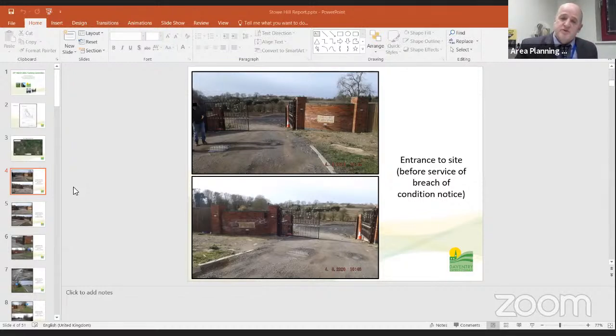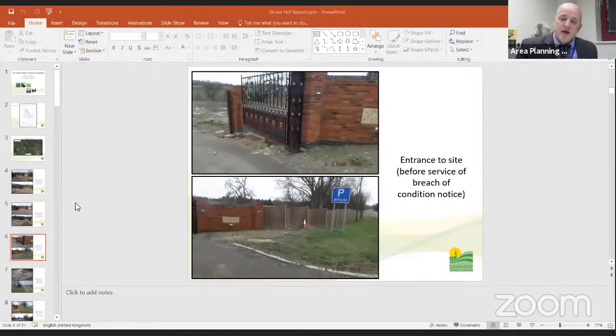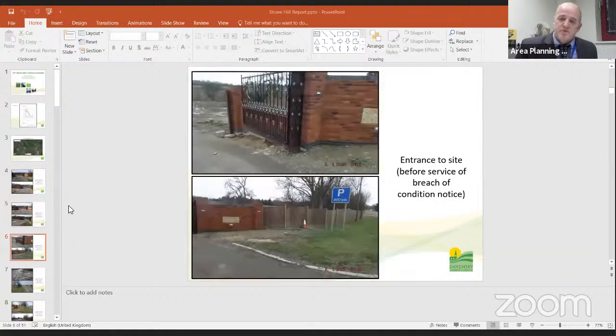That application, we were directed, could not be determined by the Secretary of State for Transport. We were directed not to determine that application because of the technical reasons cited by Highways England that pertained to the completion of the 278 agreement. We subsequently served a breach of condition notice because, as planning officers, we judged the access to be unacceptable. Those arrangements were unacceptable, but we had limitations in